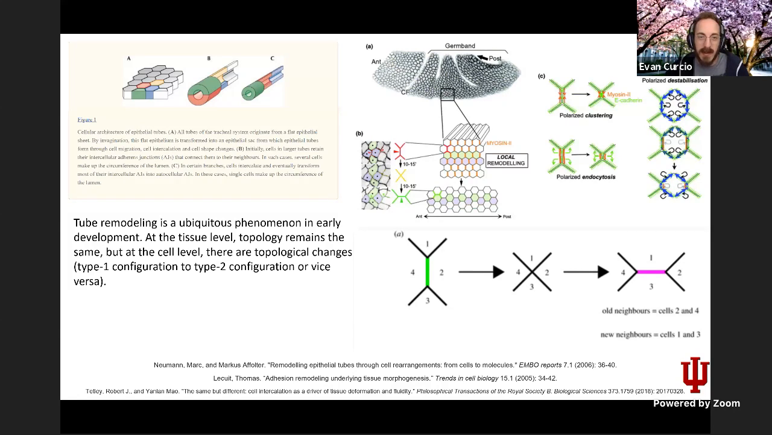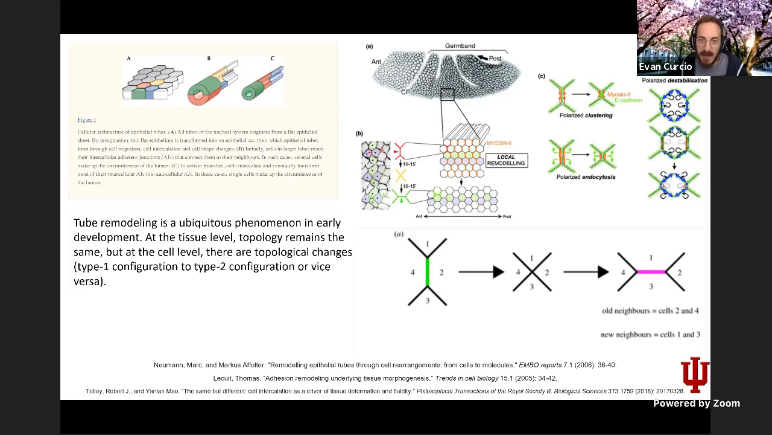And tube remodeling, the tube itself, the topology will remain the same. We're not talking about growth in this context yet. We're just simply talking about the remodeling or the changing of the neighbors of cells. So there are some topological changes that can happen. The most common one that gets brought up a lot are these type 1 to type 2 configuration changes where you have cell neighbors